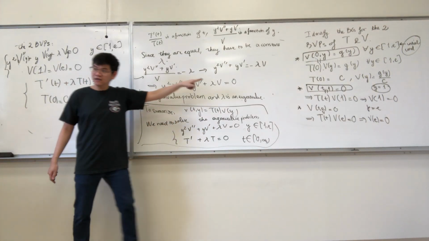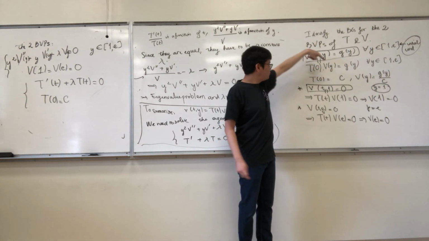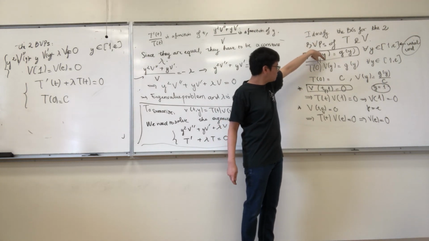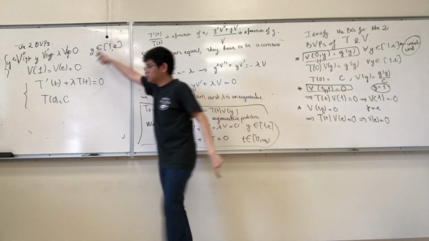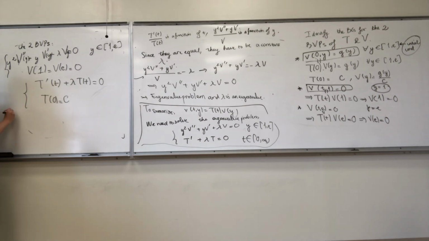After that, you need to know what is the boundary condition that you are looking at. When you know the boundary condition, then you can write the 2 boundary value problems. So the key idea